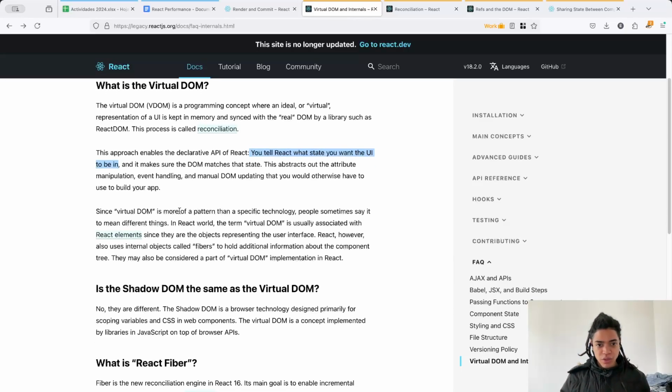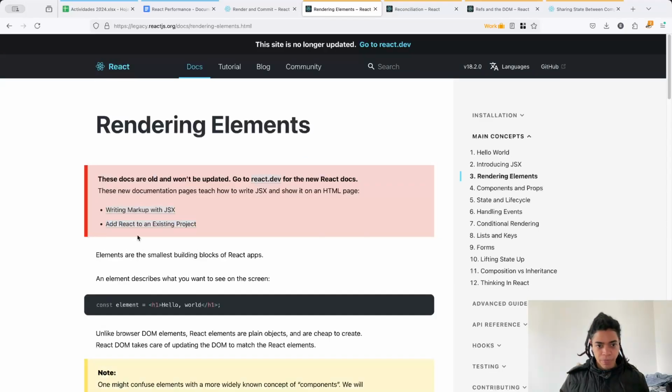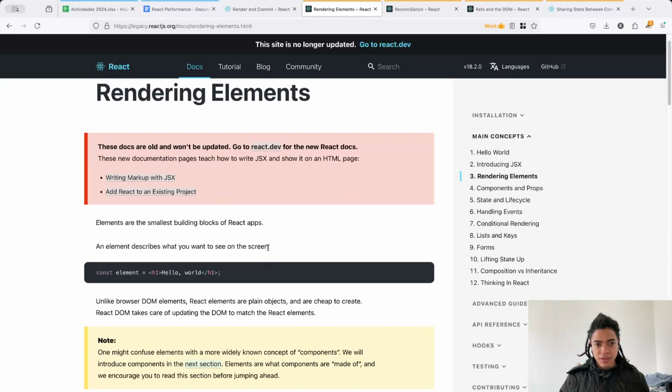Since the virtual DOM is more a pattern than a specific technology, people sometimes say it means different things. In the React world, the term virtual DOM is usually associated with React elements, which is